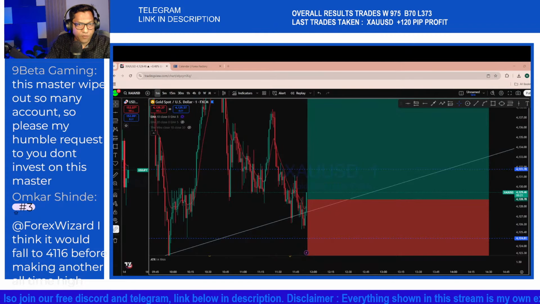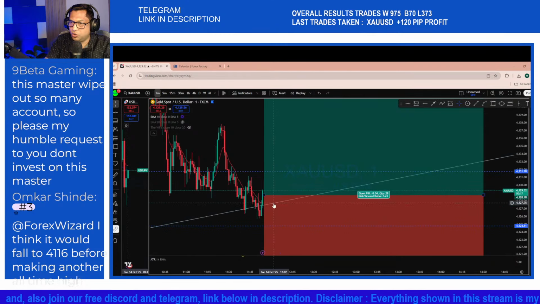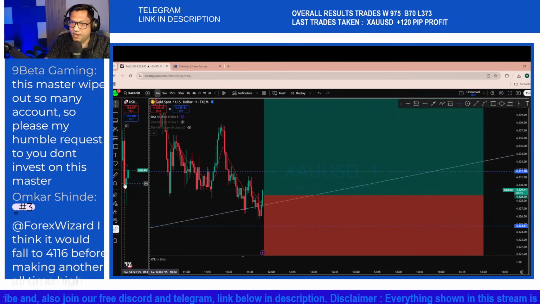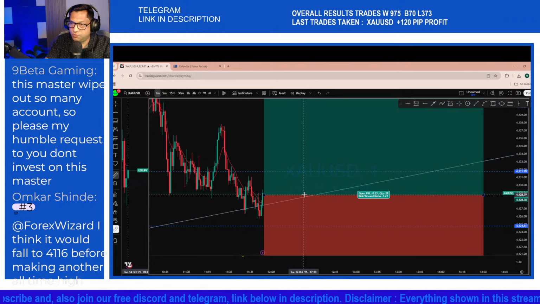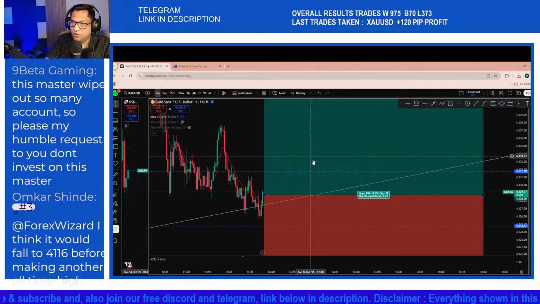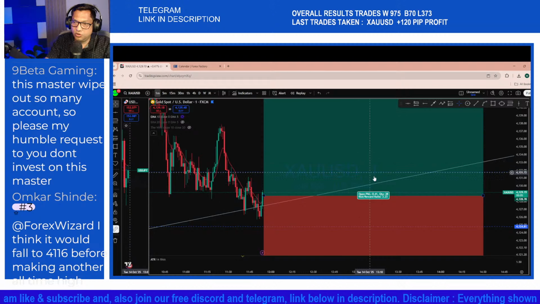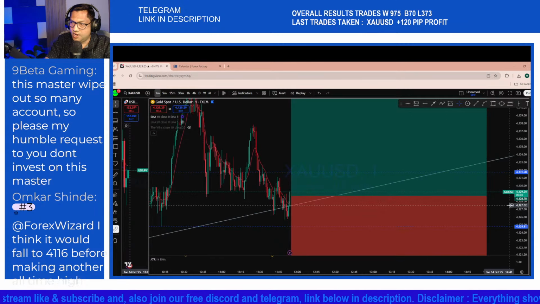Okay, I'm running in profit here, and this is what we're looking to see, the market to bounce off that level where the price is potentially heading back up to this key level, where the market is expected to return again back to the upside to create a potential new higher high in that market.